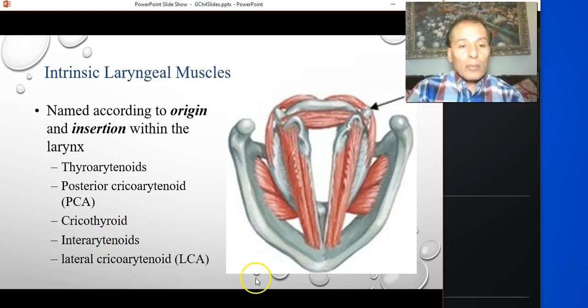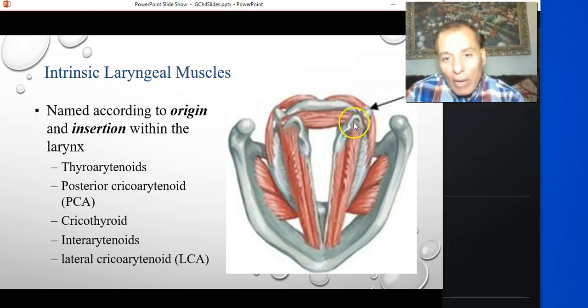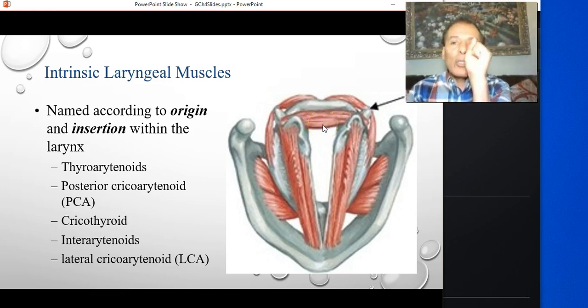And then the intra-arytenoid muscles means in between the arytenoids. If you look carefully here, you have one muscle that goes from side to side between the arytenoids. That is called the transverse arytenoid. And there's a muscle that goes like an X, see? Like an X here, right behind it. That is called the oblique arytenoid muscle. So these two muscles are the intra-arytenoid muscles. They enable us to compress the vocal folds and to hold them so we can hold our breath for longer. The intra-arytenoid muscles.